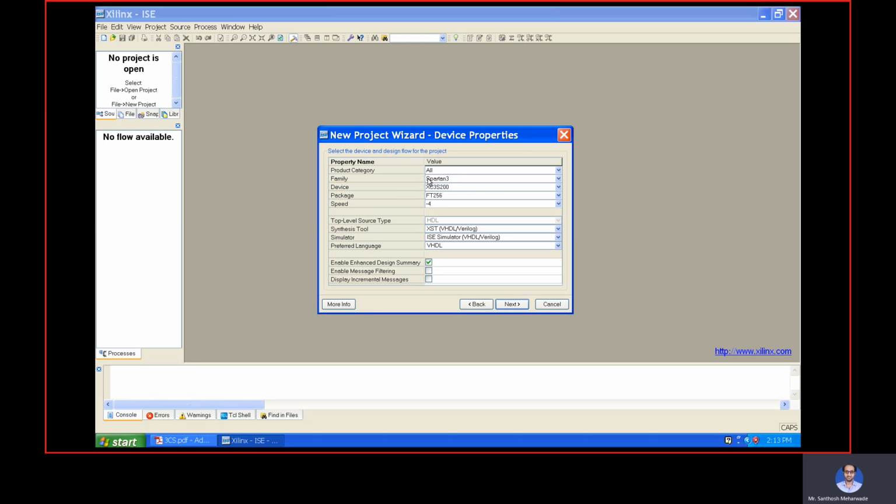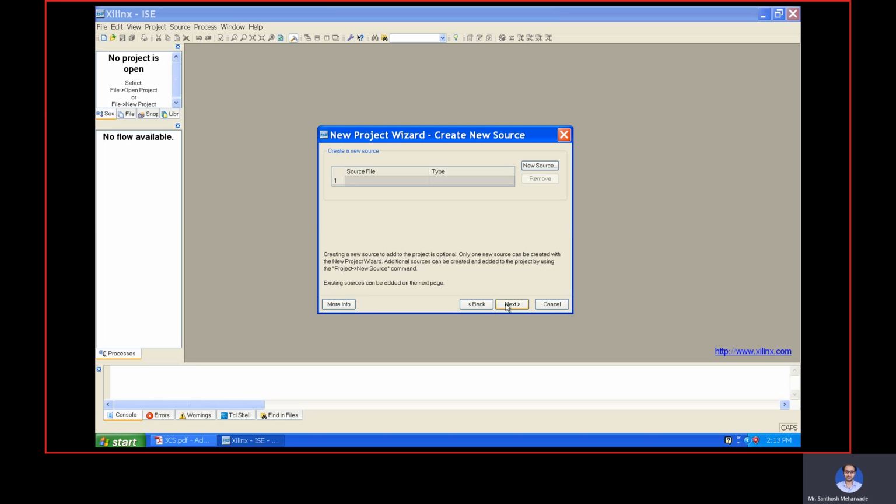Then the family should be Spartan 3, the device should be XC3S200, the package will be FT256, and the speed will be -4. Followed by that, the top level source type will be HDL, synthesis tool will be XST, simulator will be ISE simulator, and preferred language will be VHDL. Enable enhanced design summary should be checked. Once you're done with this part, go for next.